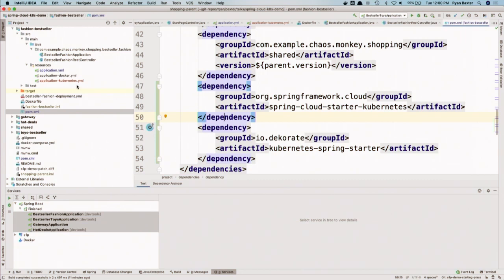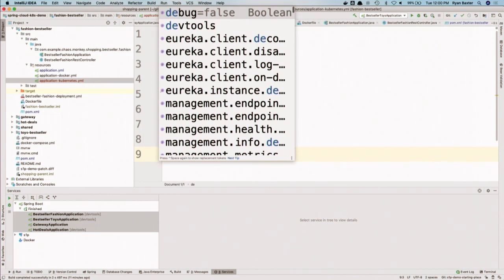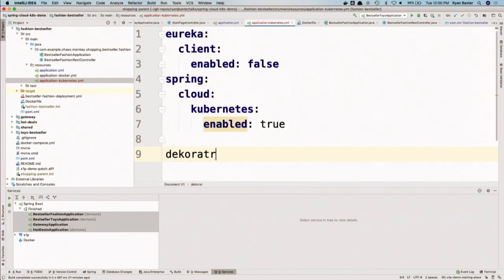And the one thing I already know that I'm going to have to tweak about the YAML that it's going to generate: by default, the service that it creates, the service YAML, is going to be a service type of cluster IP. But I want to be able to access each one of these services and demo to you to make sure the REST endpoints are working and all that stuff. So an easy way to do that is to expose each service via a node port. So instead of using cluster IP, I'm going to just configure this slightly to expose the service as a node port. So really, the cool way to do that is just via some configuration properties.